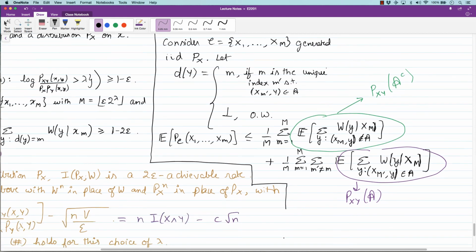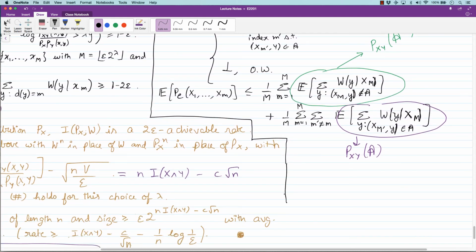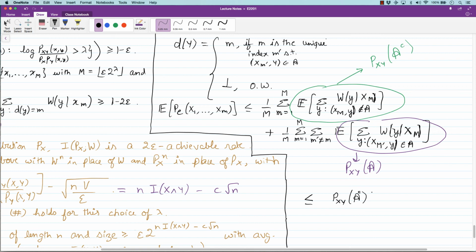So this average probability of error is less than or equal to Pxy of A complement plus M minus 1 times